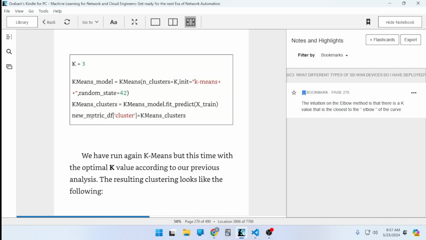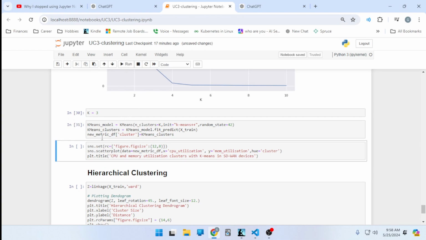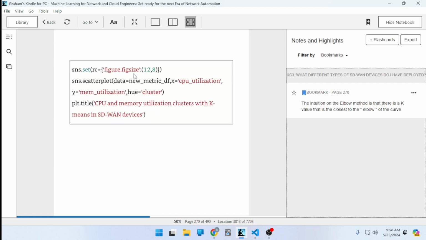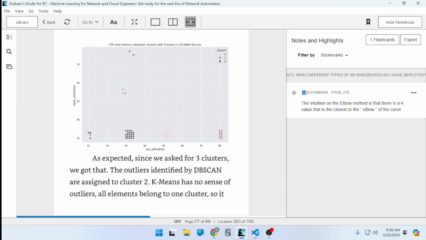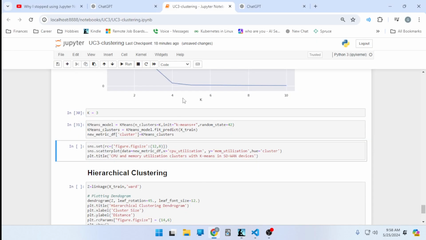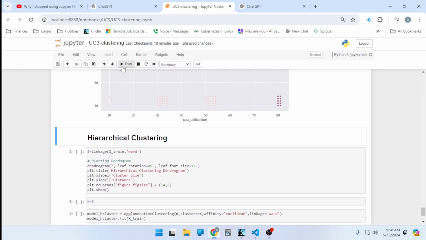There we go. So new metric DF cluster. This is where we go, so to this cell here. We have run k-means again, but this time with the optimal k value according to our previous analysis. The resulting clustering looks like the following. So now we're going to show the graph, and this is what the graph looks like. All right, and the graph looks the same. So now we're moving on to